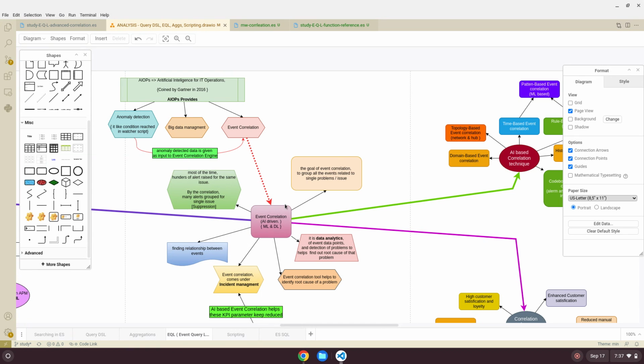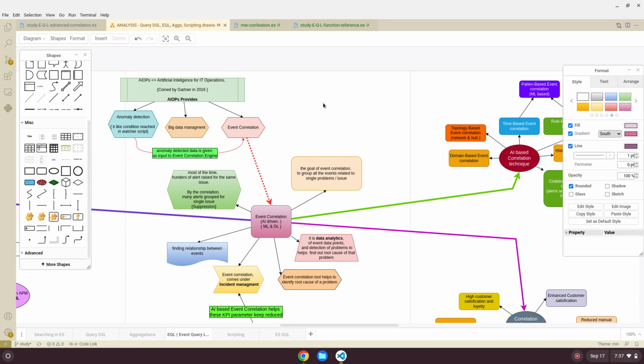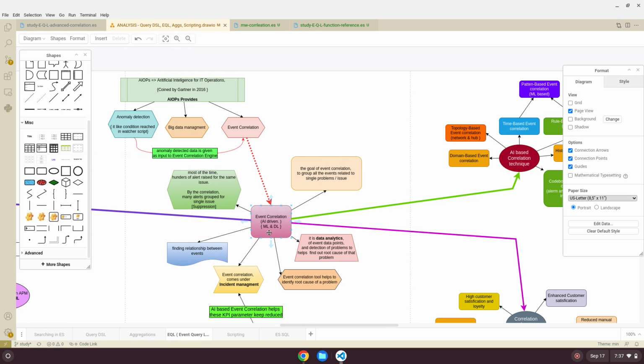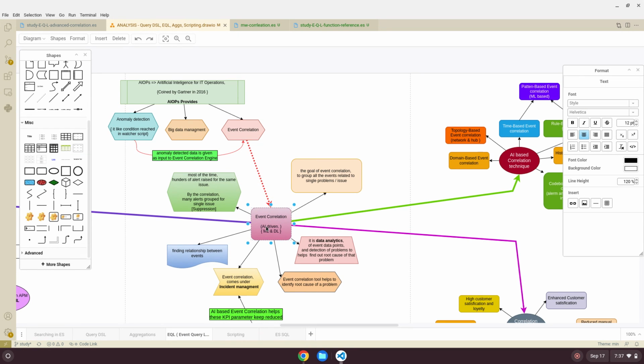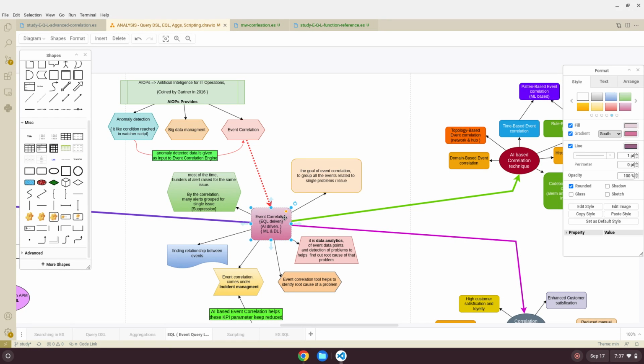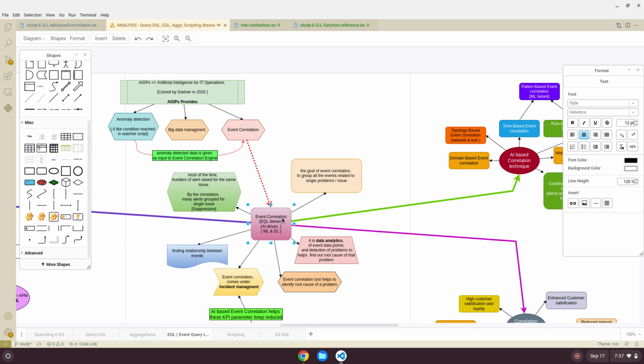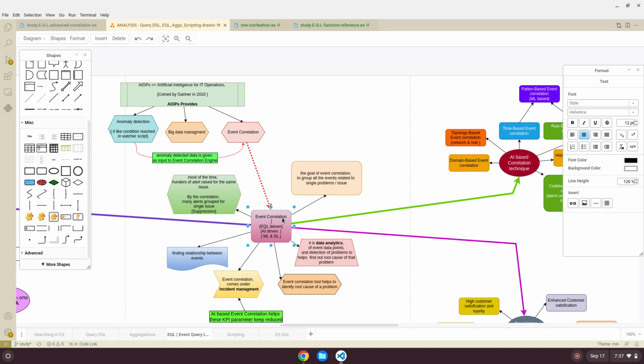Now here you can see that event correlation can be AI driven. If it is APM data, it can be query driven also, EQL driven. AI driven will be good, query driven as well. But if you want to correlate among APM data and several metrics data, like machines, operating systems, or network, then you will depend on AI-driven approaches.